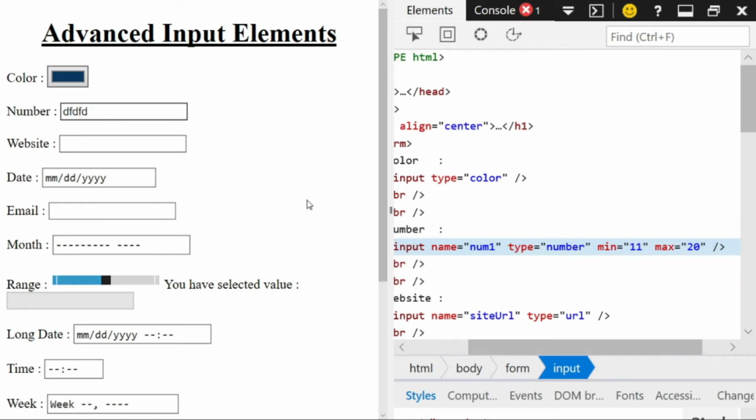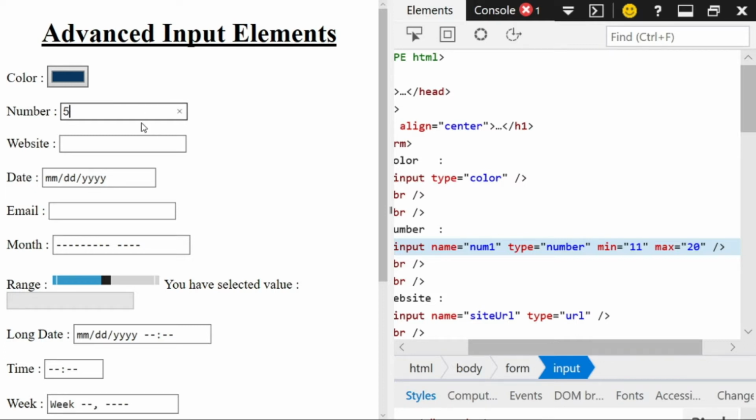Also, sometimes the requirement is that the number should be within a given range. That can be specified by using the attributes min and max. Here I have specified the minimum value as 11 and the maximum value as 20. So in case I enter a value which is less than 11, suppose I enter 5 and then try to go to the next element, it prompts me a message: you must enter a value between 11 and 20.